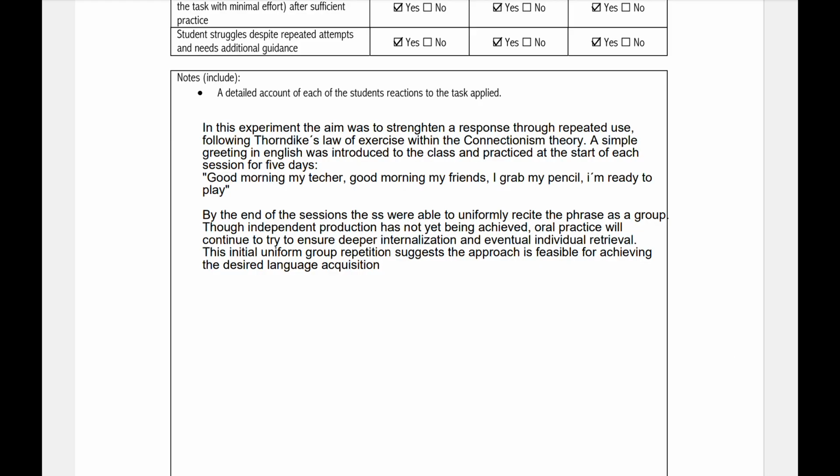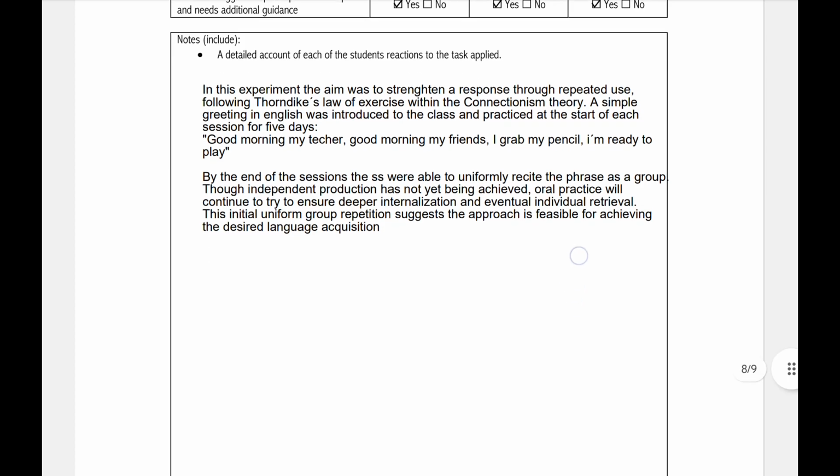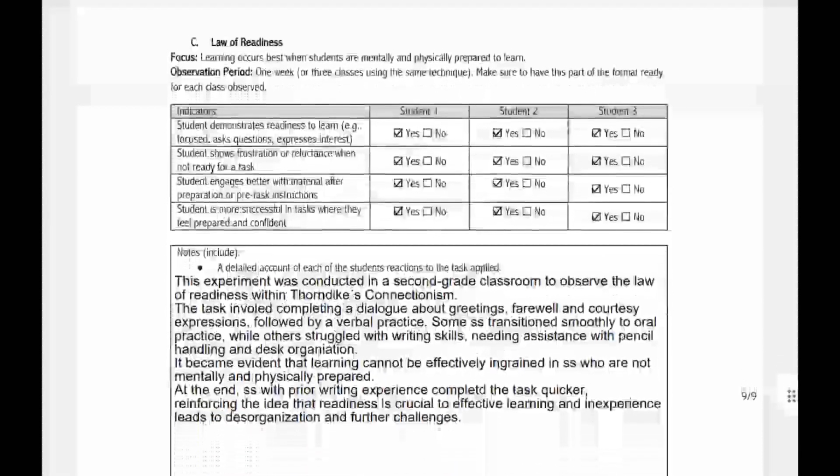The experiment has been continuing for more than a week, and at the end of this week, the students were still not producing individually, but a deeper understanding is being achieved for sure. So, the last one